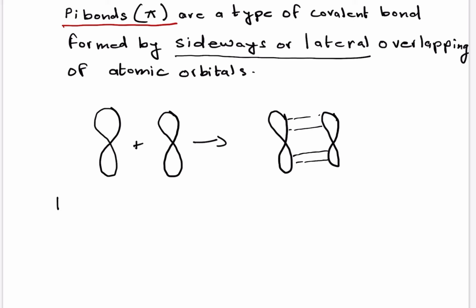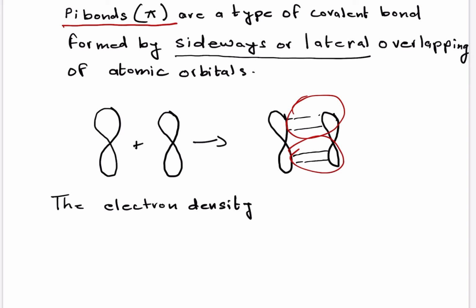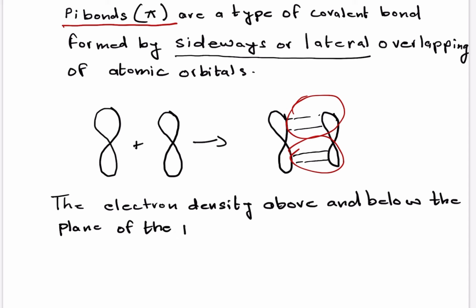This leads to electron density, if you see in the figure over here, above and below the plane